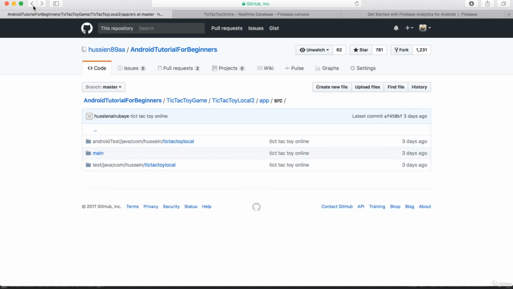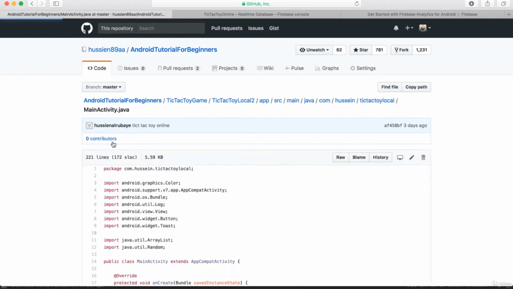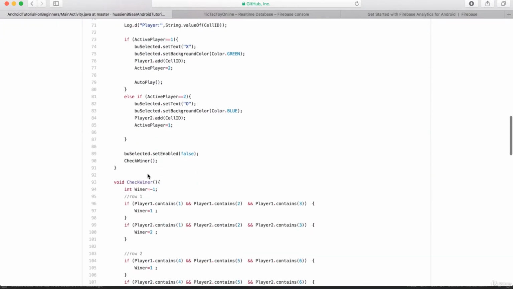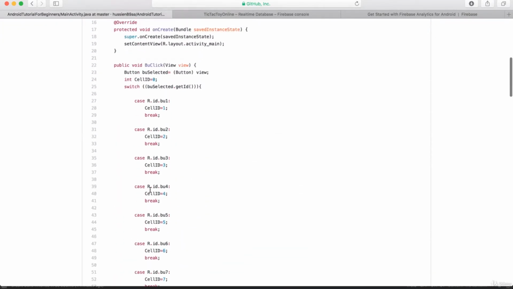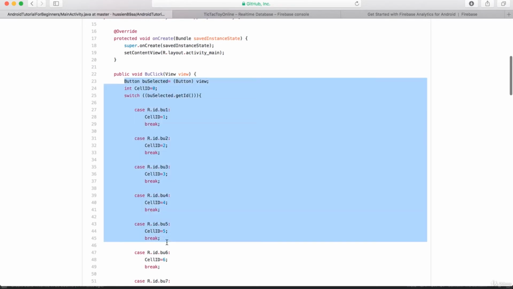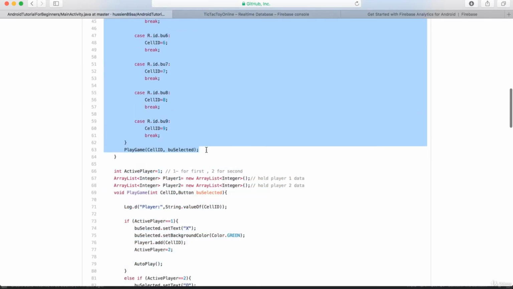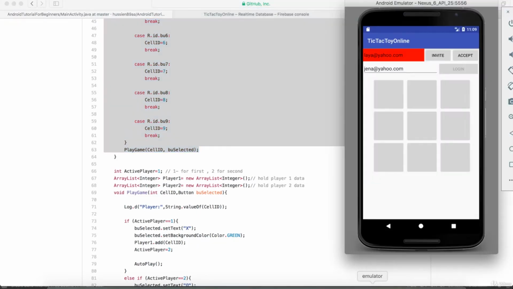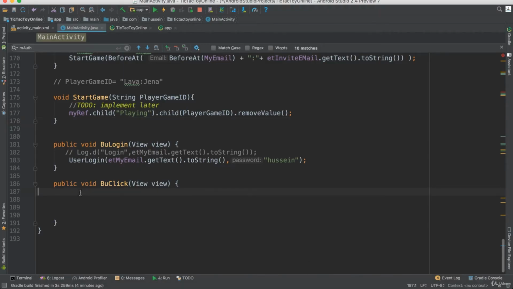Write the code for the main Java main activity. We have a method code for all the methods. One of them is this method for button click, when someone clicks on the ID. So I have the ID of the game. Let me just copy this code, and I'll be back to my application, and this button click I will